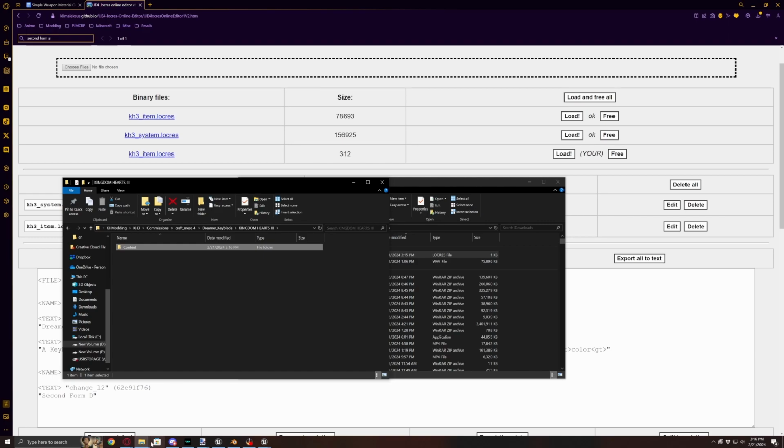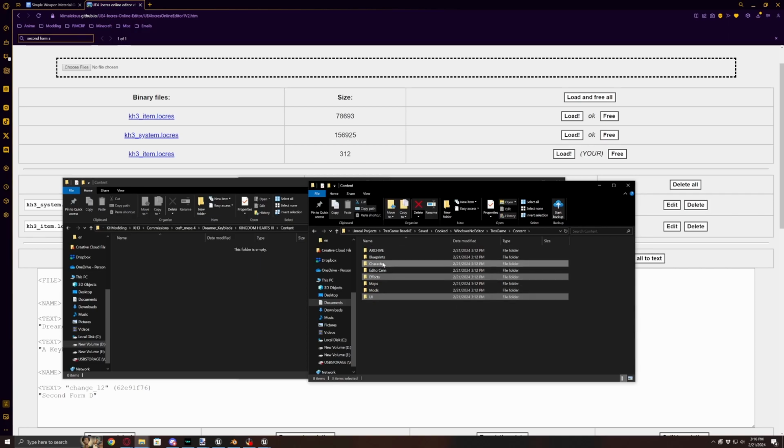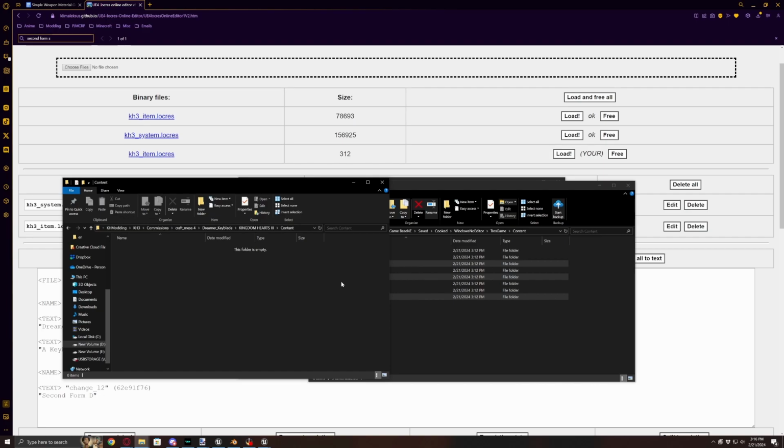And then we're going to go into the content folder and go back to our cooked files, since our game has finished cooking the files. Under Saved, Cooked, Windows Not Edited Trace Game, Content, we're going to select Character, Effects, and UI. Drag all 3 of those into there. For effects and UI, you don't need to touch anything, but in Character, you want to go into where your